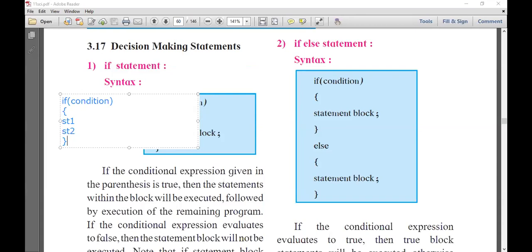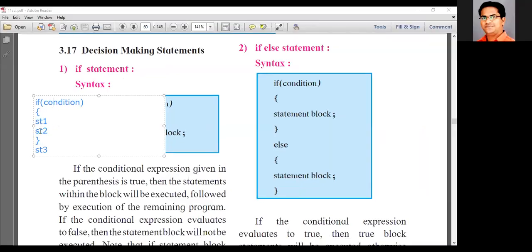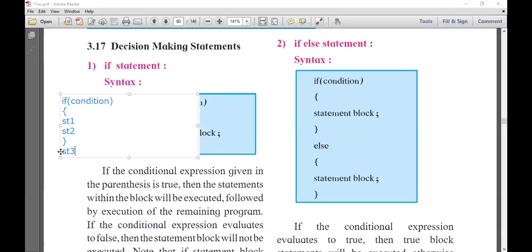Okay. And next statement is statement 3. Now see what happened. If condition evaluates to true, then the first curly brackets, whatever the block, curly bracket block will execute. If condition false, then next statement of block will execute.